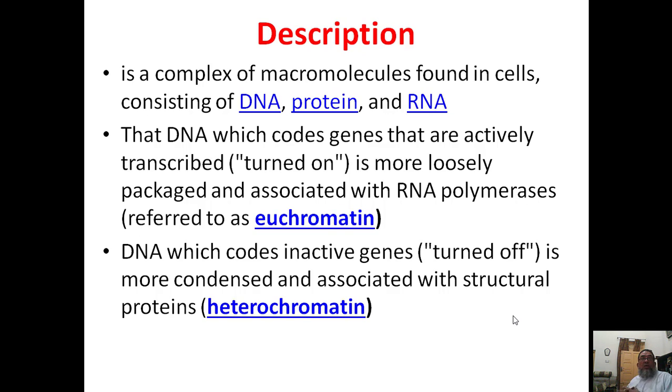Description. Now, the chromatin material is a complex of macromolecules found in the cell consisting of DNA, protein, RNA. DNA, protein and RNA. The three structures are present in the chromatin material. Remember, DNA, protein and RNA. The DNA, which includes genes that are actively transcribed, turned on, is more loosely packed and associated with RNA polymerases,